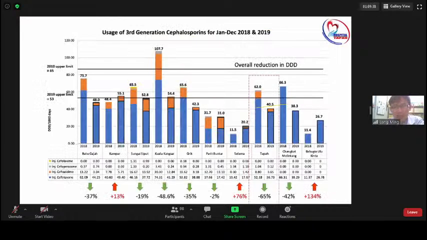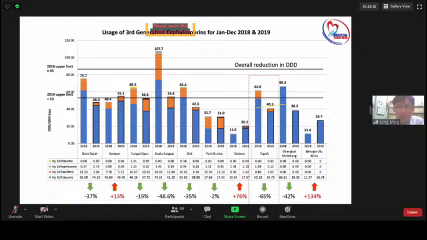For the success story, you can see the pinpoint reduction in DDD. This is the comparison of all the district hospitals in my state of Perak, not overall in Malaysia. Tapah has the highest reduction, 65%, after we ran the AMS program since 2018. It's quite a success story to tell. I hope other hospitals or facilities can apply similar methods to reduce the usage of antimicrobials. The mortality rate didn't increase, even though we reduced usage a lot. This is a good thing to share with doctors.